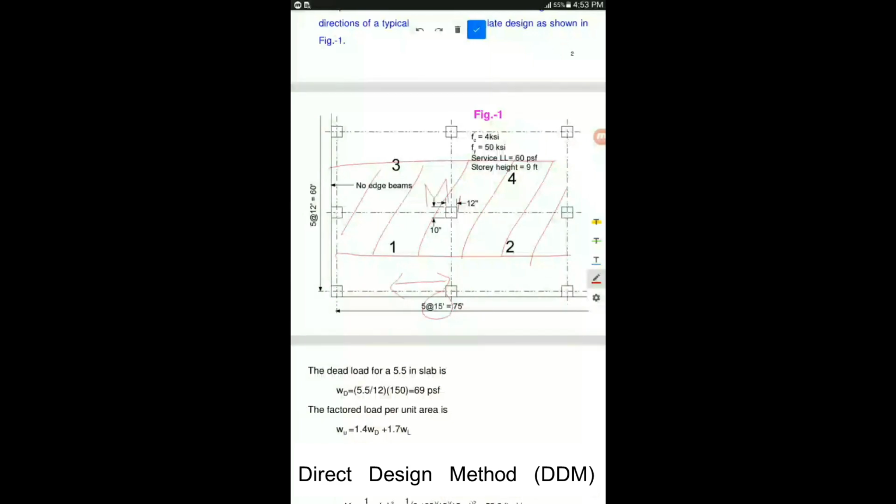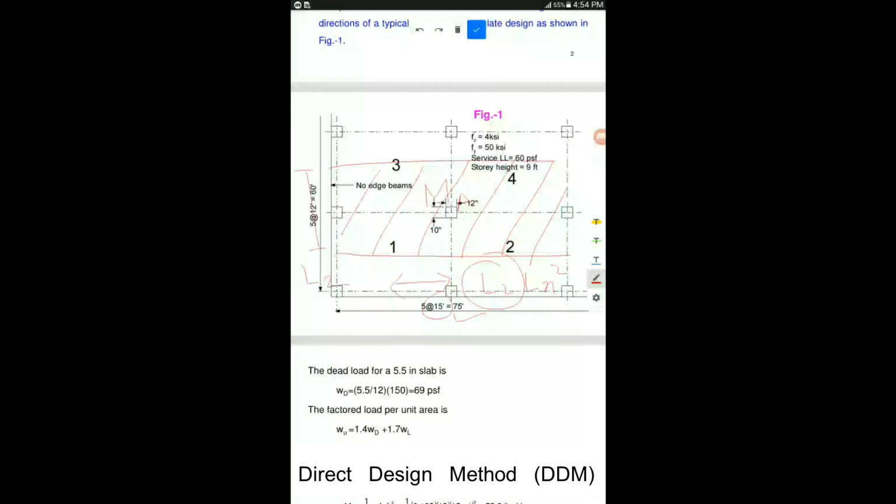So what will be MA? 1/8 into Wu into L2 into Ln squared. As previously discussed, L2 is the span perpendicular to the direction of the equivalent rigid frame. So when you are calculating the total factor moment for equivalent rigid frame A, which is running in the long direction, this dimension will become L2,